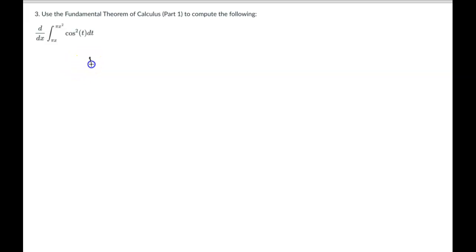The derivative with respect to x of an integral that has, let's say, the limits of integration are two functions, I don't know, let's say g of x and h of x, and we're taking the derivative of some function f of t dt,